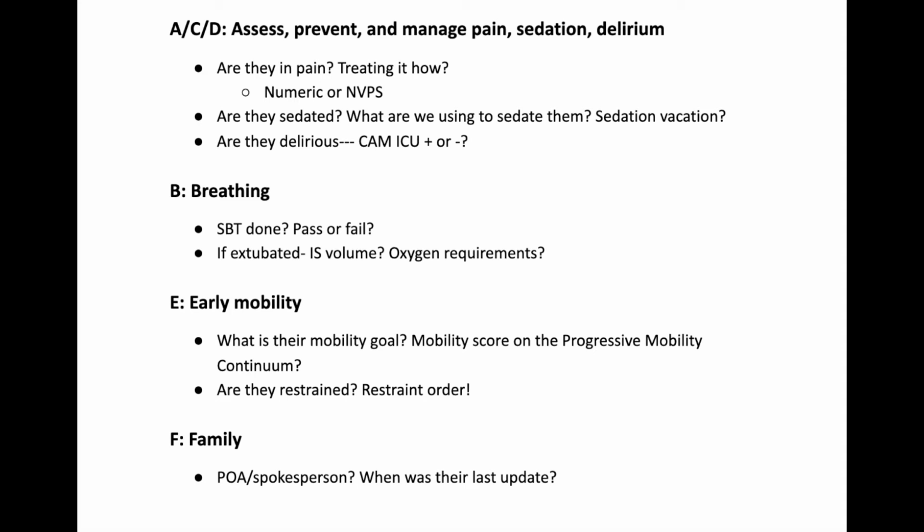We will now present two examples of what an A through F bundle should include. Bundle 1 is for an intubated and sedated patient. Mrs. Doe has a nonverbal pain score of 3, with frequent grimacing. For pain and sedation, she is on a fentanyl PCA, 50 mic continuous, 25 bolus, Q6 minutes, max of 300